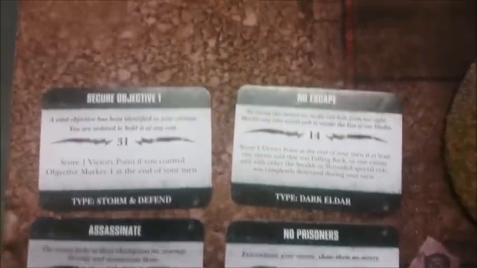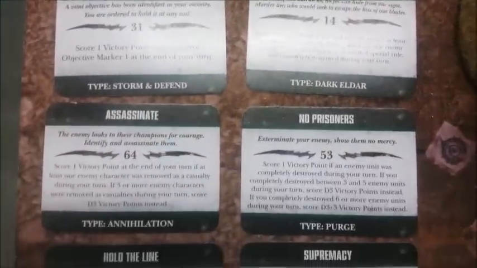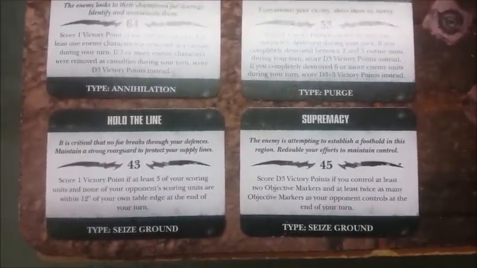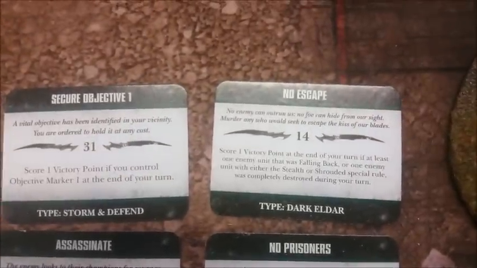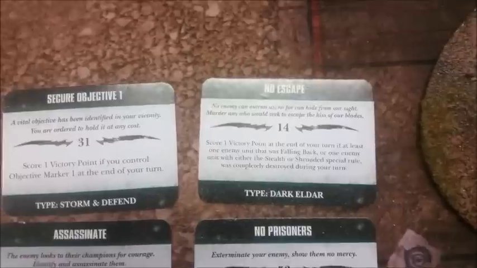Right, so Dark Eldar turn 1, we've drawn secure objective 1, no escape, no prisoners, assassinate, supremacy, and hold the line. Hold the line is going to be difficult. Supremacy I reckon I'll probably get. No prisoners, kill something, possibly assassinate, potentially. Objective 1 and no escape. Objective 1 I reckon I can get, no escape's going to be...